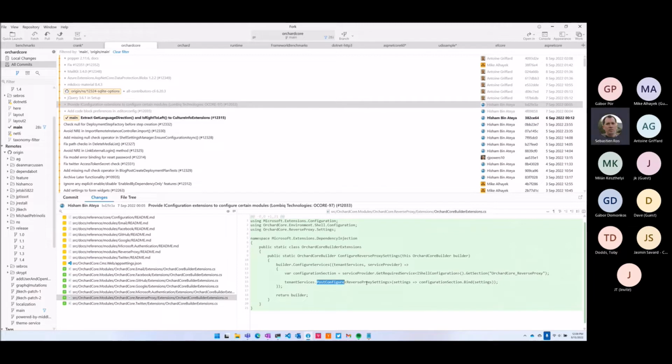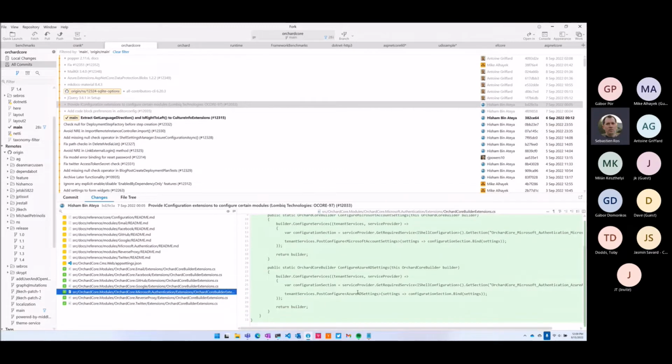So I'm kind of confused. Why is there a reverse proxy settings like this? So this is existing. What's the difference between something like that and an options class?